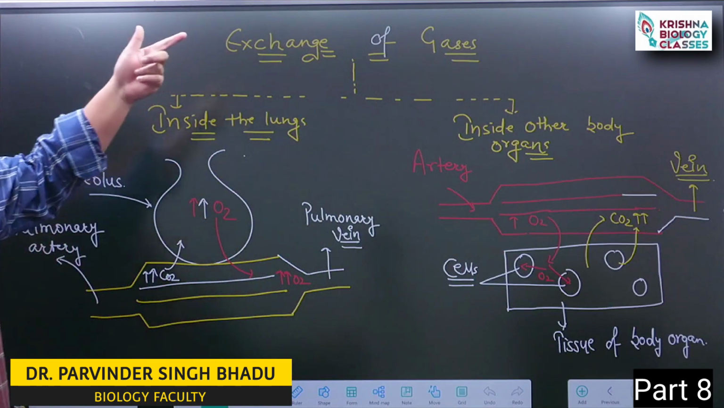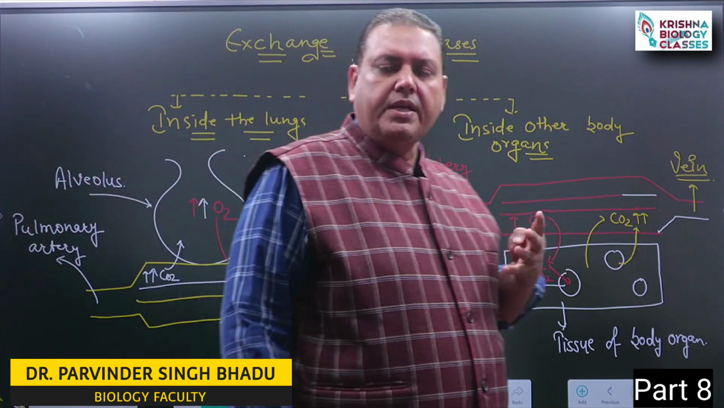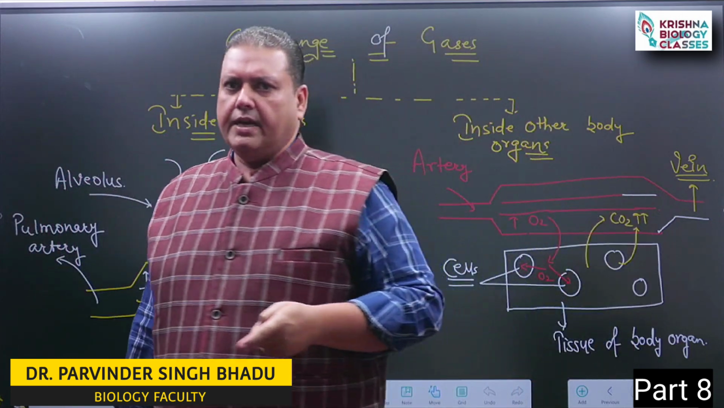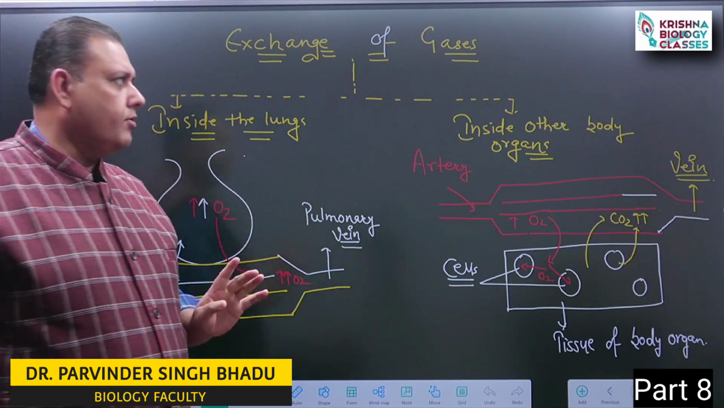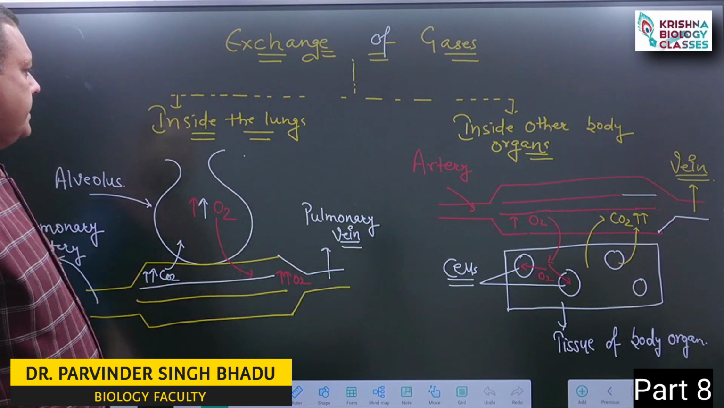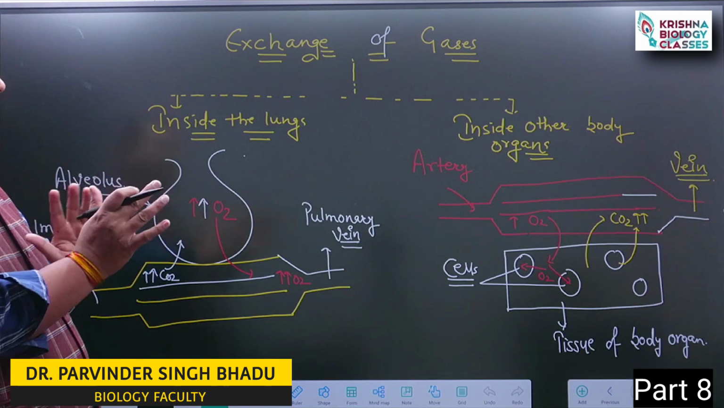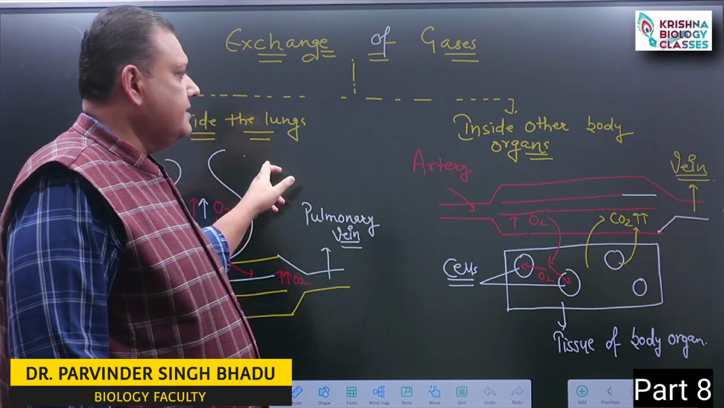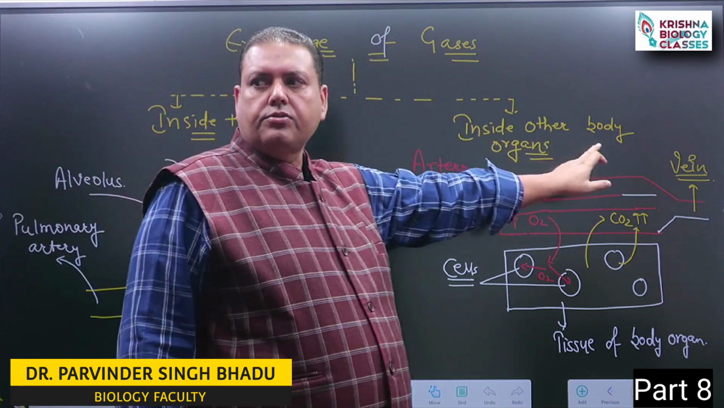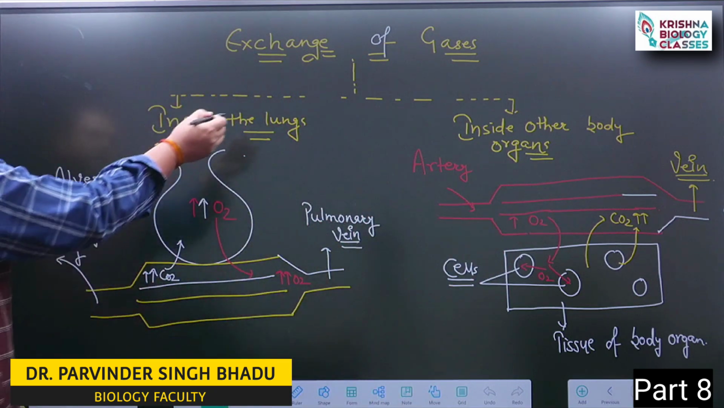Now the second step. There are 4 steps to understand the mechanism of breathing: breathing, which we had already discussed, exchange of gases, transportation and cellular respiration. Now, exchange of gases. Mainly we discuss two sides here: how the exchange of gases takes place inside the lungs and how it takes place inside the other body organs. Inside the lungs,